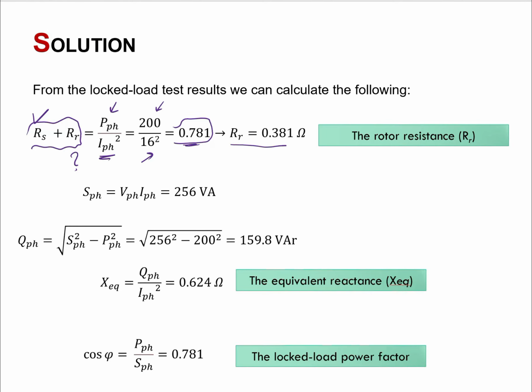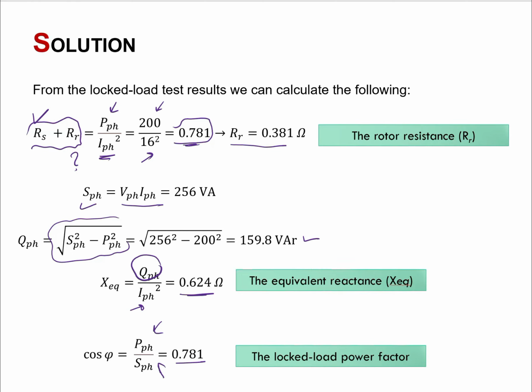Similarly, in order to get the equivalent reactance, we first need to get the reactive power. If we get the apparent power from the per phase voltage and current, we can apply this formula over here, and then we get its value. If we divide it by the per phase current squared, we get the value of the equivalent reactance. Similarly, as we did before, we can get the locked load power factor by dividing the real power by the apparent power, and that would be